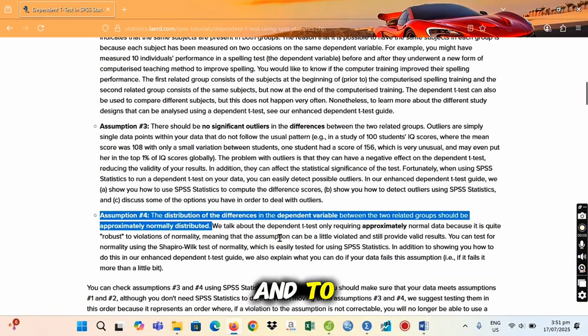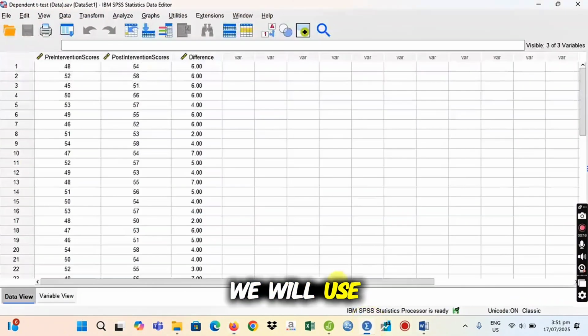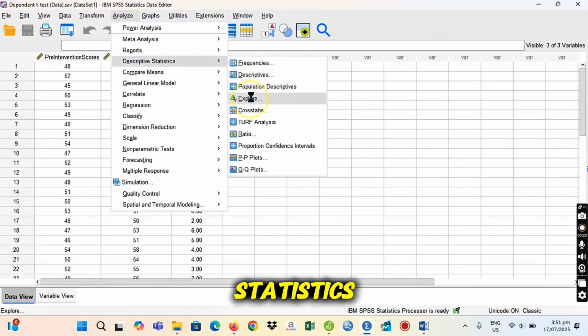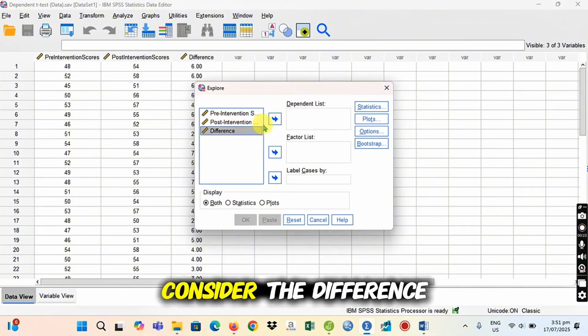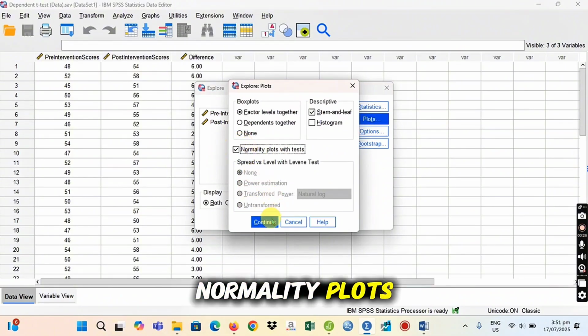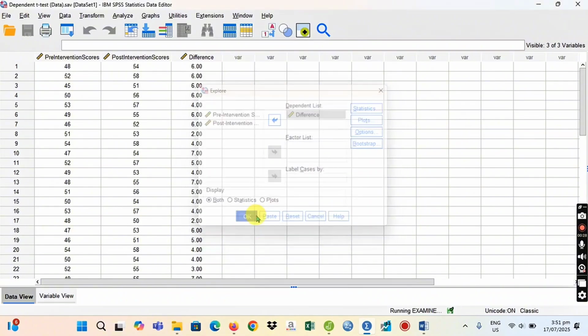And to determine whether the differences are approximately normally distributed, we will use SPSS: analyze, descriptive statistics, explore, and we will consider the difference, and then plots, normality plots with tests.